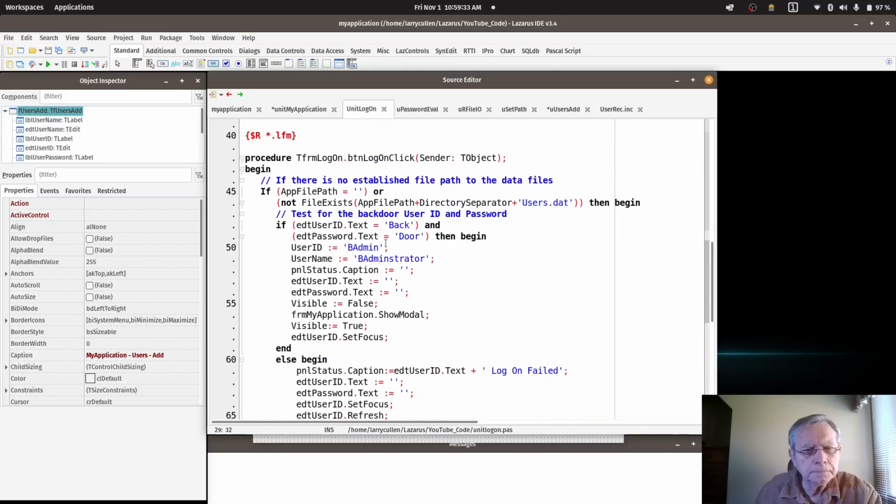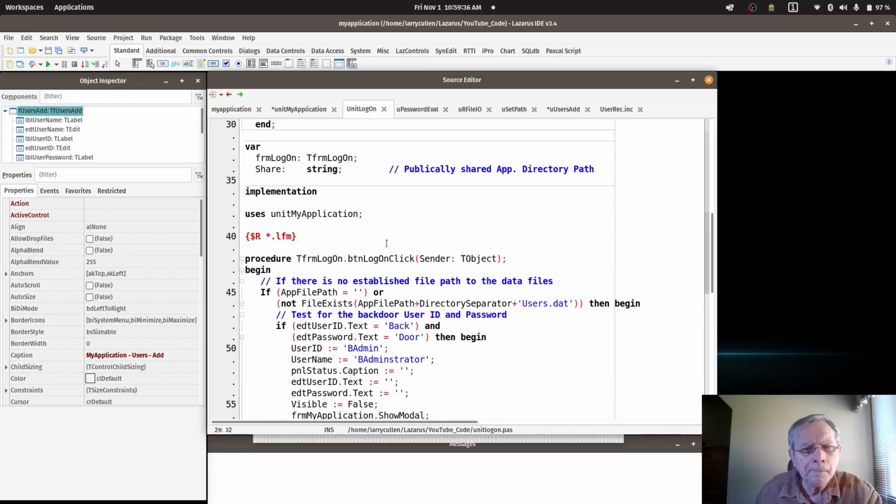Unit logon. Oh, it's users dat right here. See, it says file, not file exists, so we have the app file path plus the directory separator and then plus users dat. So we need all this